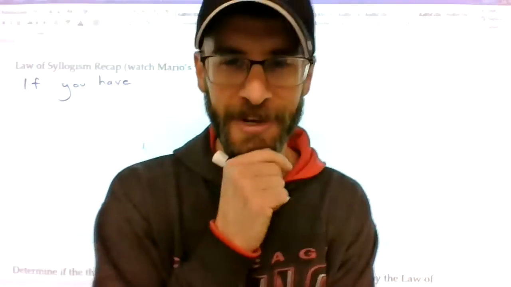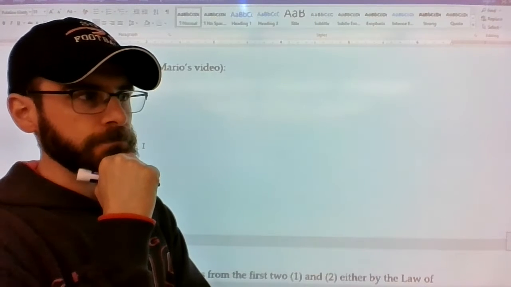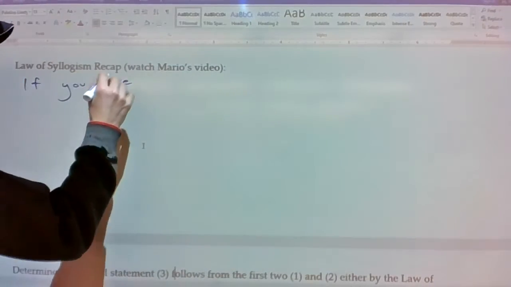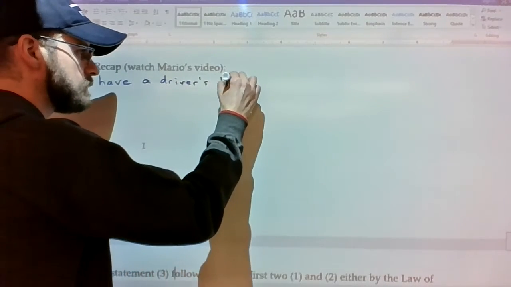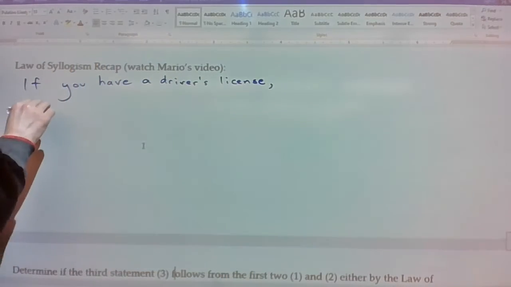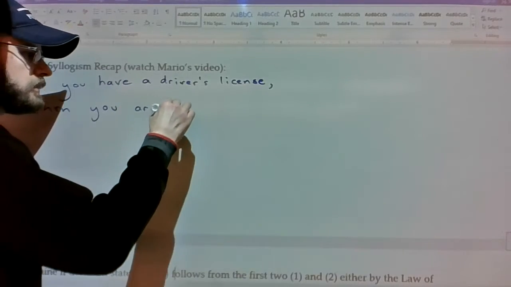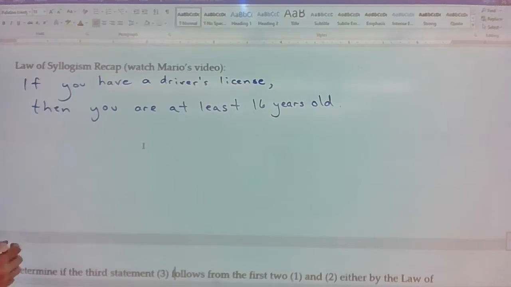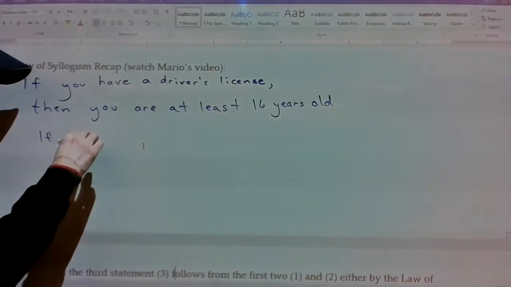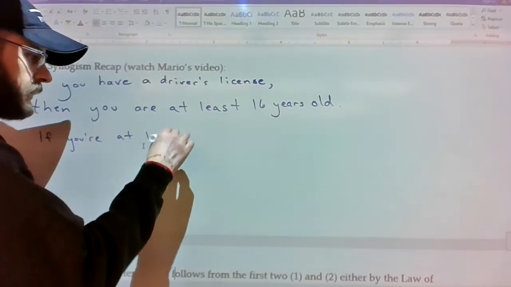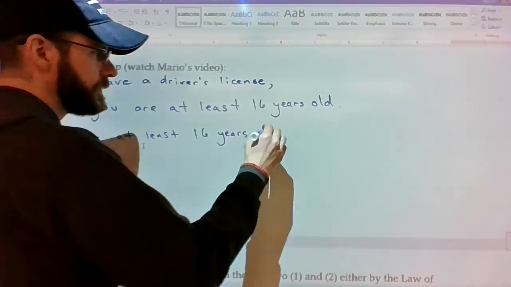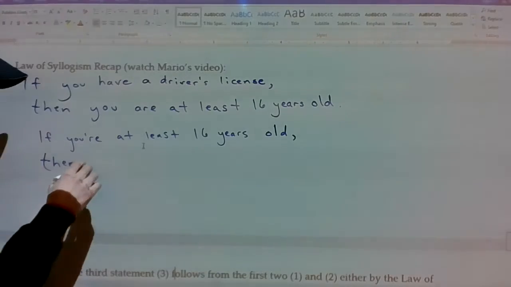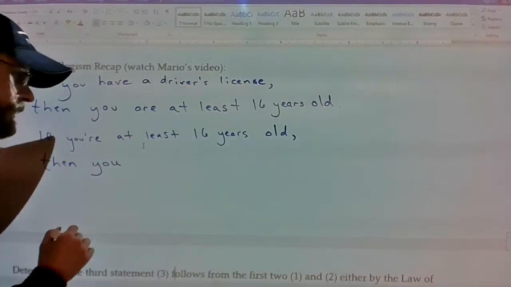Let's see here. I should have thought of something ahead of time. All right. If you have a driver's license, then you are at least 16 years old. Let's just say that that is for sure a true statement. If you're at least 16 years old, then you